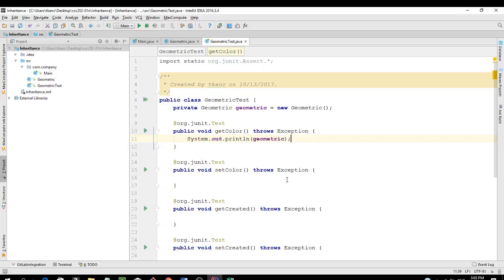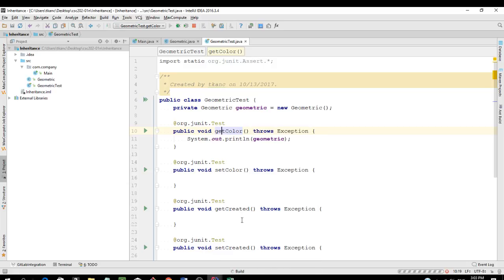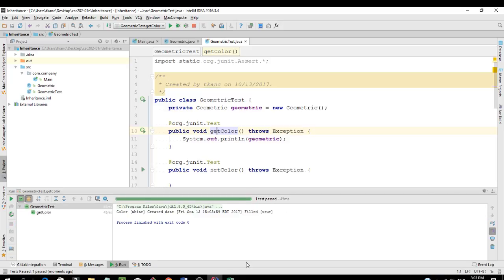But if you don't override it, then you just put the instance name. It should return all the values of that. And that's why you want to override toString of the object. If you don't,